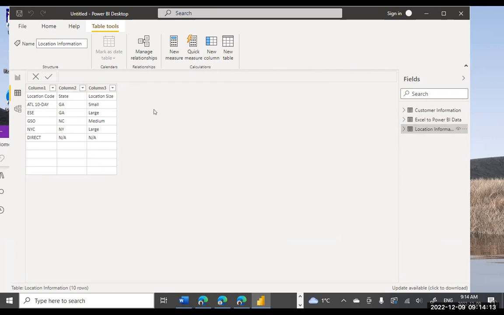we need to do 2 things in this location information. One, we need to use the first row as columns. We need to use location code, state, location size as columns. Second, we need to remove the last 4 records because they are empty. And to do these 2 things, we need to activate the Power BI query editor. And how to activate? Go to Home,